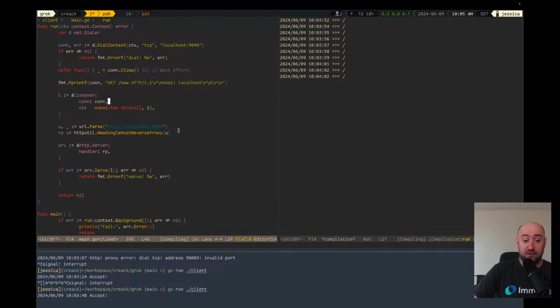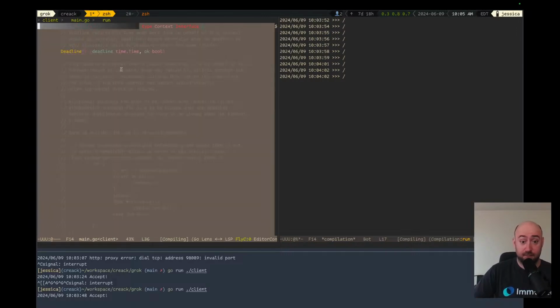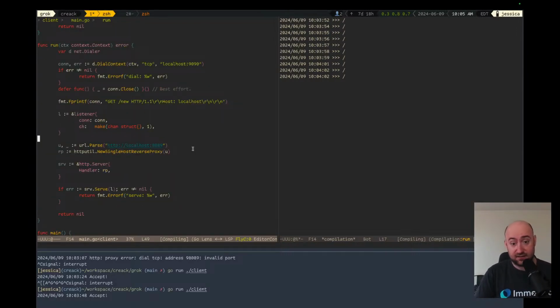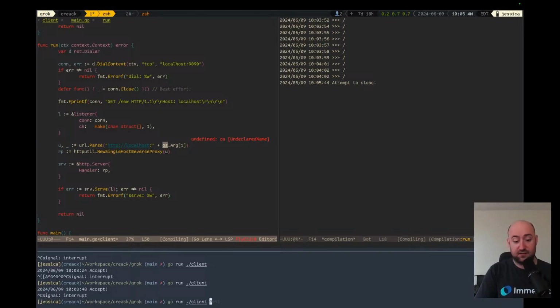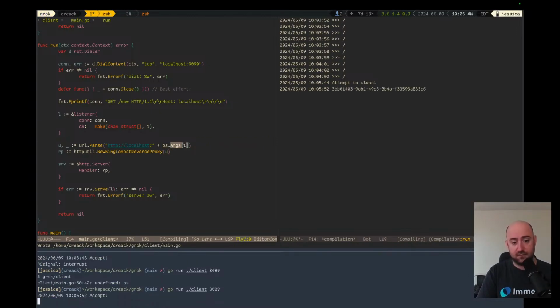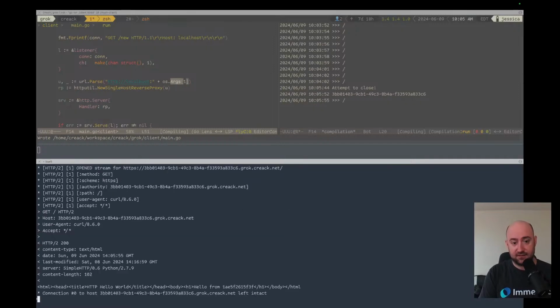Good. But yes, so a minor improvement that we can do is that right here, instead of going to localhost 8089, we can actually go to localhost plus os.Args of 1. And that should be much more efficient. Oops. All right, and let's see again. We do that, and we are in a 1